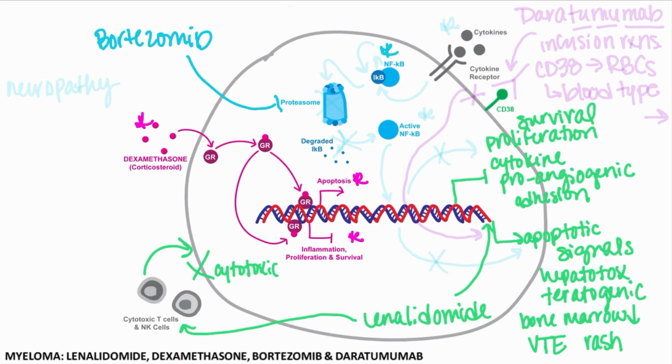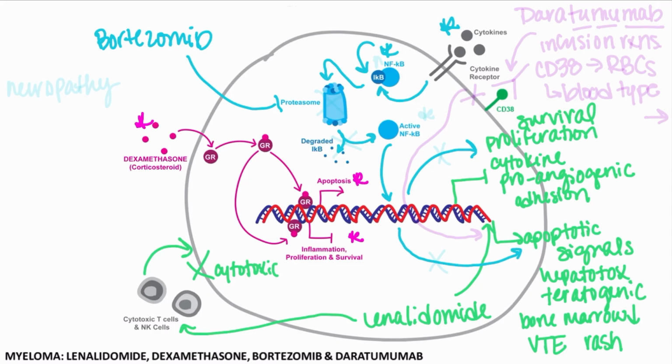So NF-kappa B is a transcription factor typically bound in its inactive form by its inhibitor protein, I-kappa B, in the cytosol. But when cytokines bind their cytokine receptor or some other cellular stimuli occurs, this triggers a signaling cascade that tags the inhibitor of kappa B for degradation by the proteasome. Once the inhibitor of kappa B is degraded, then NF-kappa B in its active form can now translocate to the nucleus to promote the expression of genes involved in angiogenesis, adhesion, proliferation, and survival, as well as repress